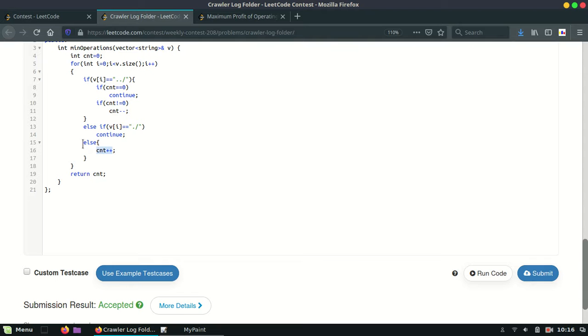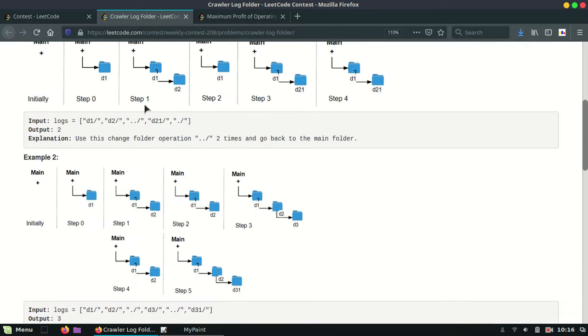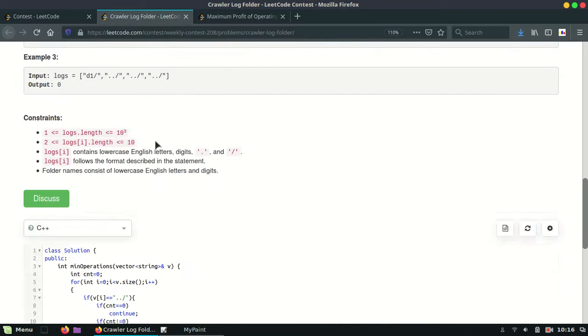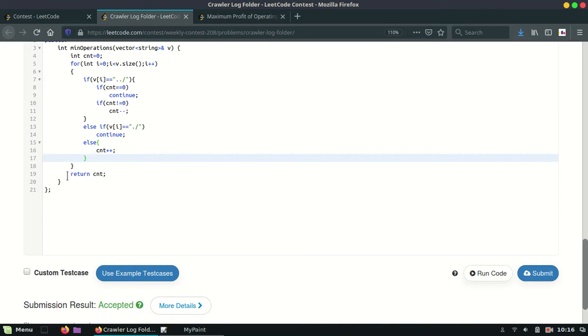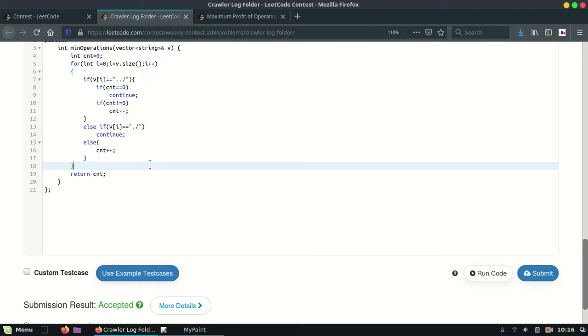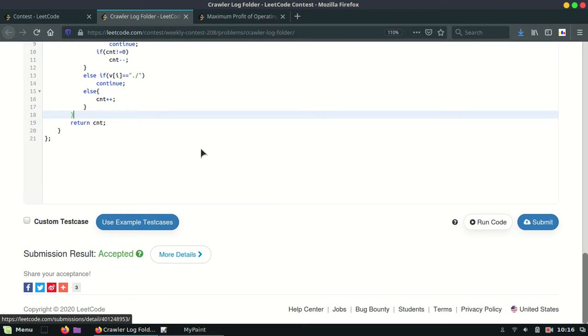Writing an else condition is better than writing their names, since we don't know their names. Simply we return the count, and as you know, we got the accepted answer.